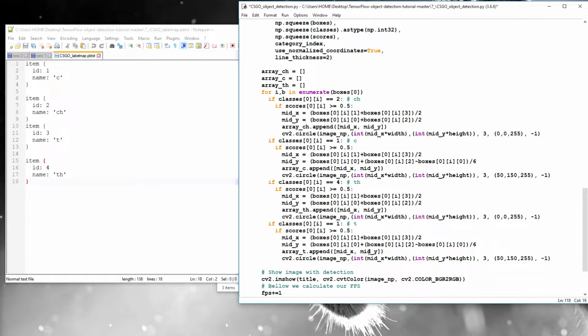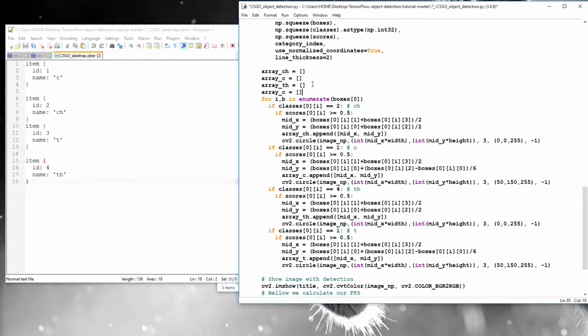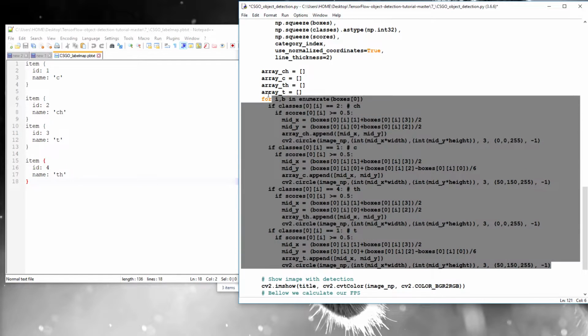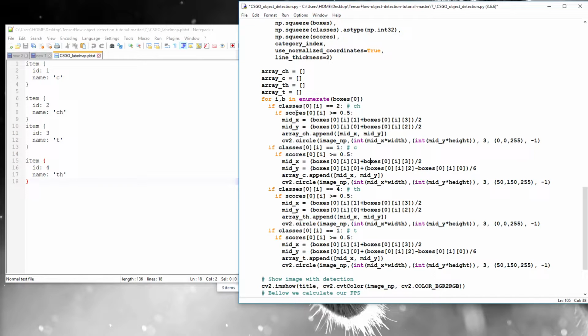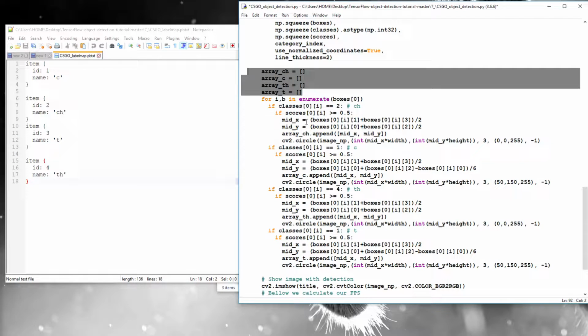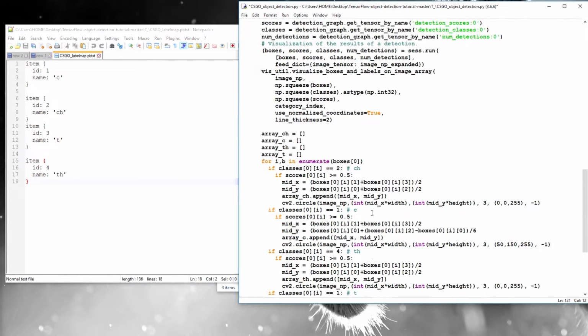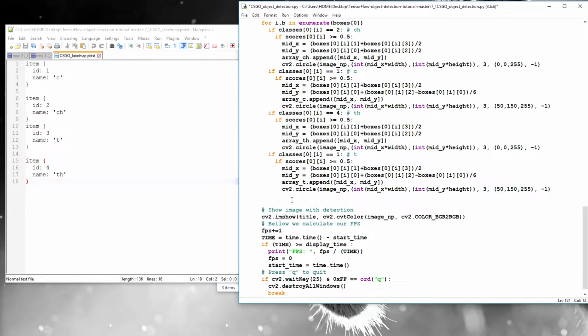Okay, see how it works first. But as you can see, it's not that difficult, and if you have time you can play with these boxes and you'll find out that it's not as difficult as it looks. Yeah, so we finished the detection, and we add all our detections to these arrays, and now what we need